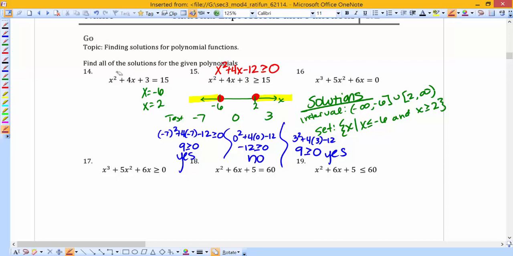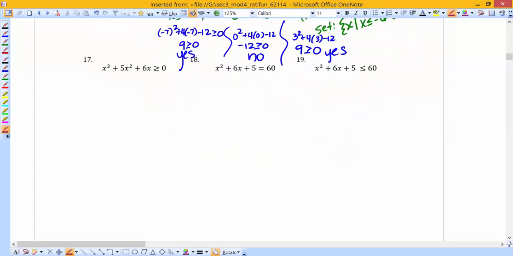But also recognize 14 and 15 are the same, but in 15 you have an inequality. In 15, you use your solutions from 14, and I made my number line, and then I tested points to see where it was true. I ended up saying, okay, that's where the shading is going to take place. So I wrote my solutions in both interval and set notation. You can choose. Interval is probably the easiest. To give you guys a little more clarification, I'm going to do 17 with you,